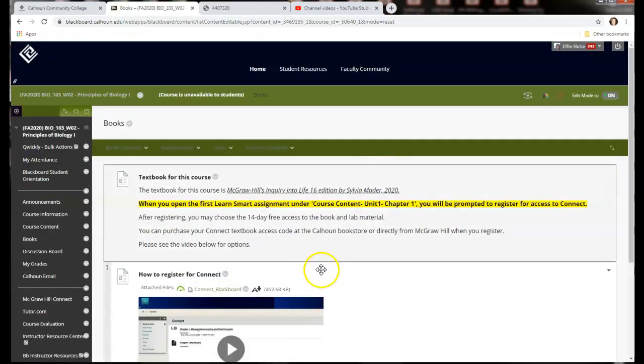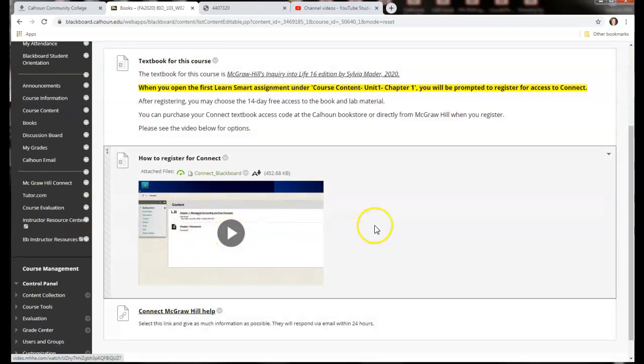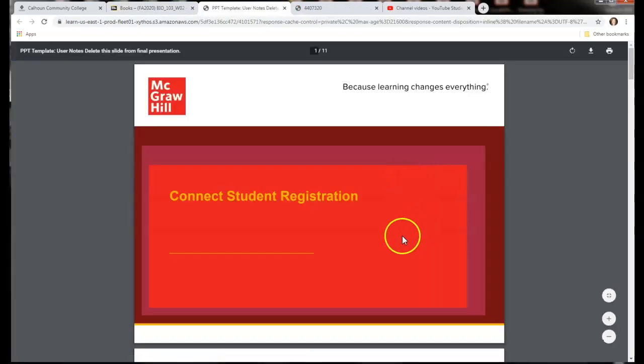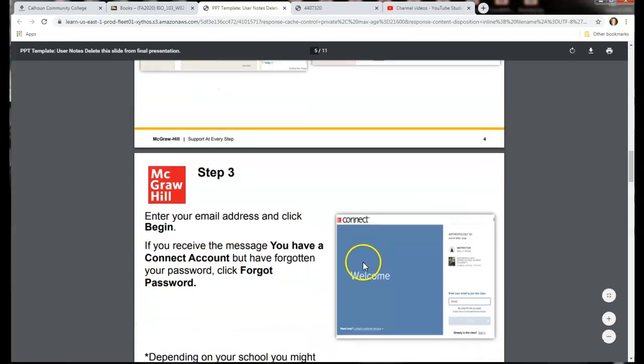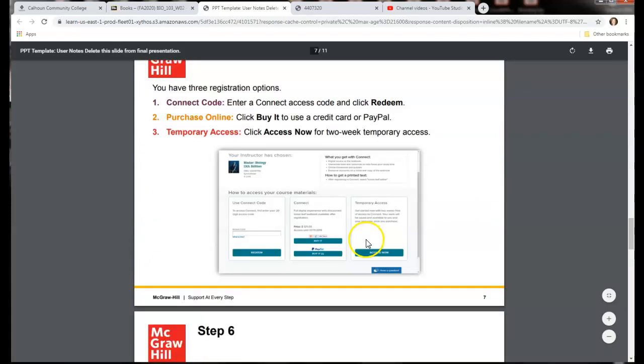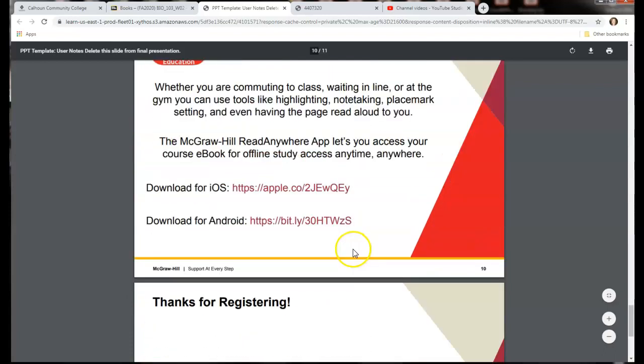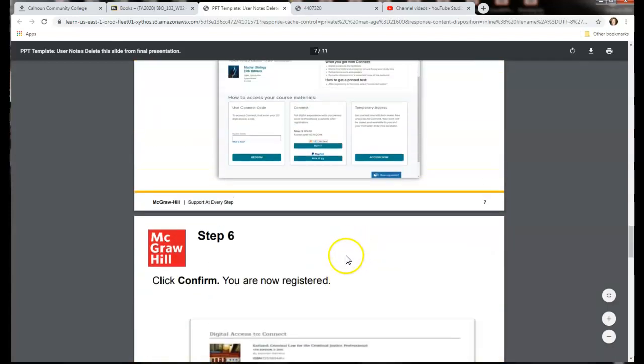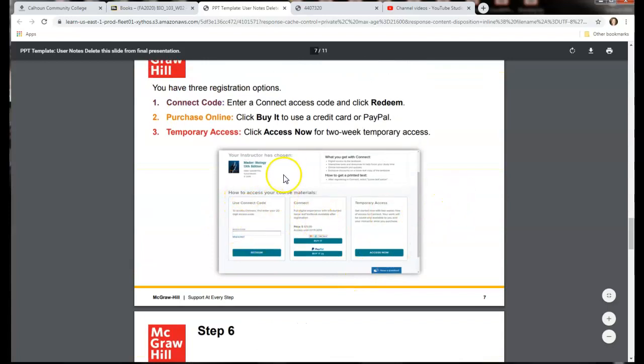So again, to register for Connect, you're going to go here, watch this video. It'll walk you through how to register. You can actually purchase directly from Blackboard, or through the publisher through Blackboard, or you can use the bookstore. So I think here I have the images for you. Once you sign in through Blackboard, you get to the home page, you register. I'm just going to keep scrolling. It's going to give you an option right here. It's kind of hard to see. It's going to say, this is your textbook, this is your instructor, it'll have my name, and it'll say, use your Connect code.